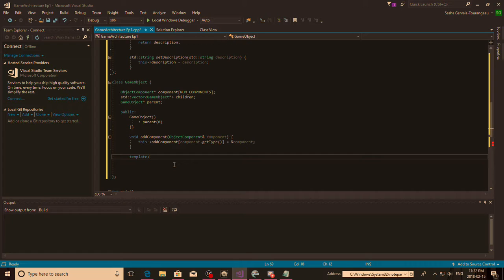So we're just going to use a template type name T, and we're going to have it return a reference to T, because we know that all of our objects that the game object holds are valid pointers to objects, because we're only passing those to it, and we have to make sure that we're not passing anything that might become invalid. Anyways,